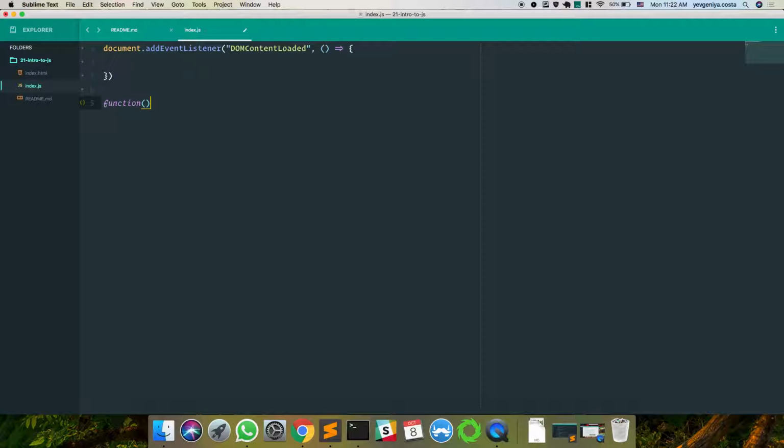Exactly, and then you tell it what to do. In ES6, you can use arrow notation, and it's the same exact thing as doing it like this, and you just leave out the function keyword. It's very useful, but it can take getting used to before you feel comfortable with it. We can do it the old way. It's fine.